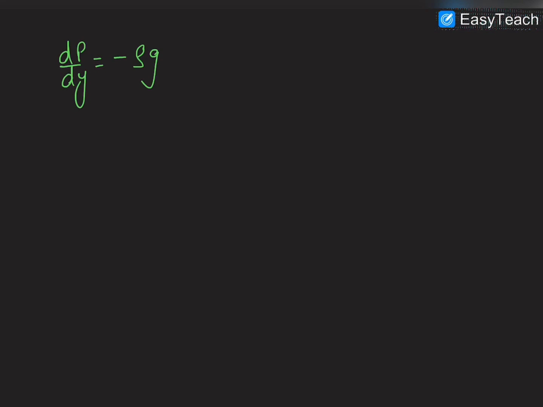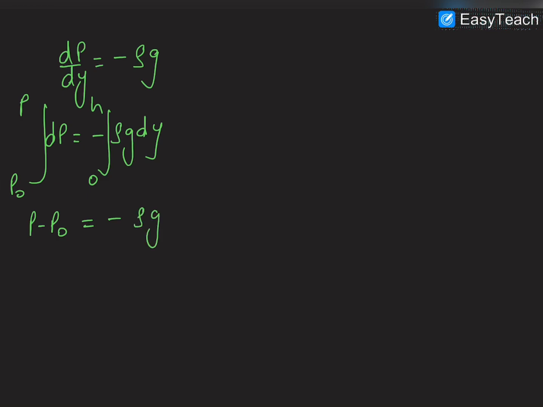So dP will be equal to minus rho g into dy, and integrating, the pressure limit will be from P naught to P, and the limit of y will be from 0 to h. So P minus P naught will be equal to minus of rho g into,